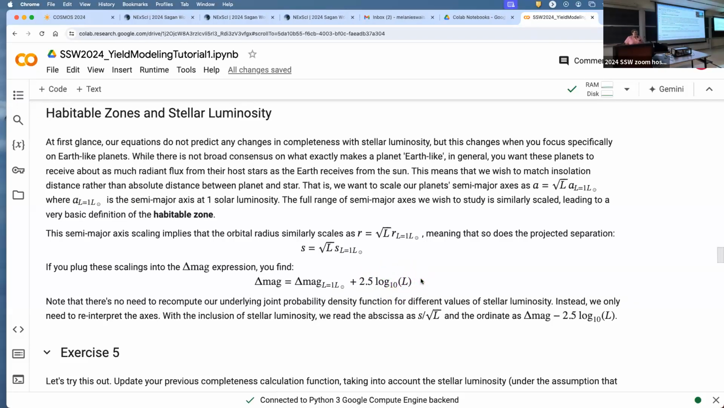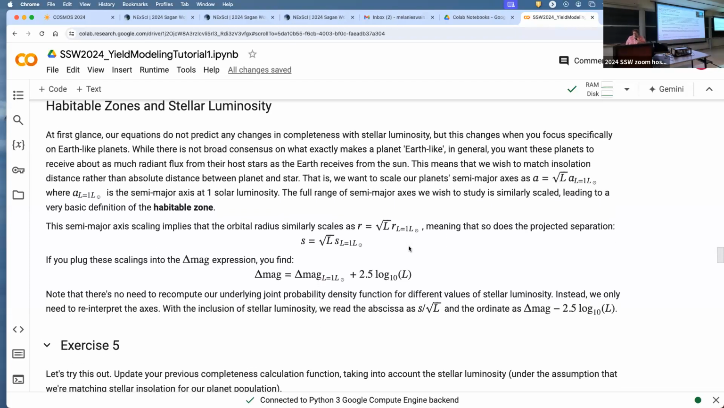So we don't need to actually fully recompute our underlying completeness probability distribution function. We just scale the axes of it. We can scale the delta magnitude axes and have it taken care of. And that brings us then to,